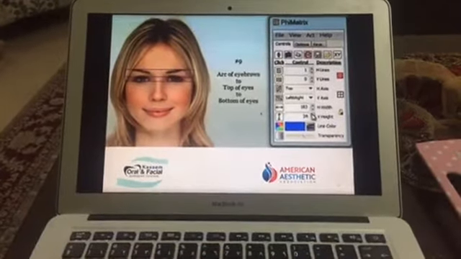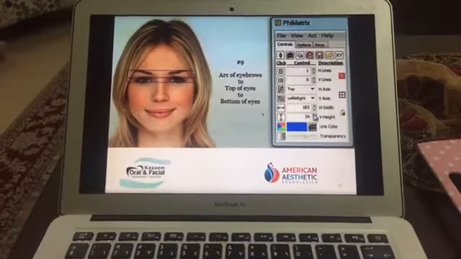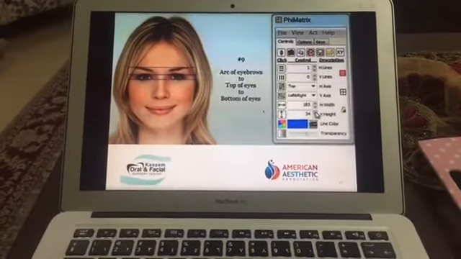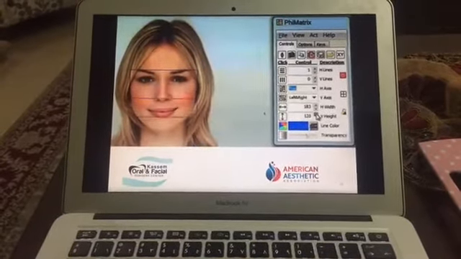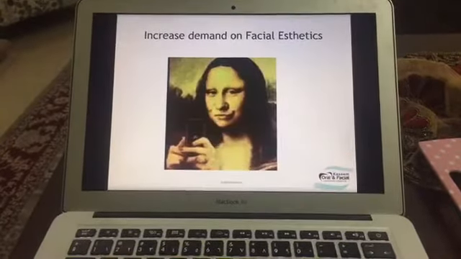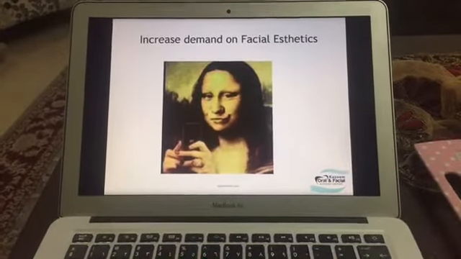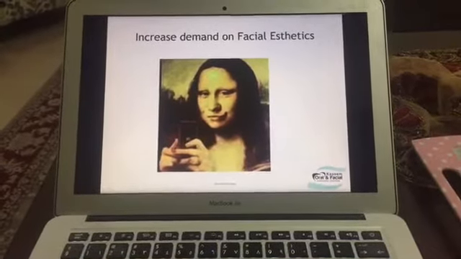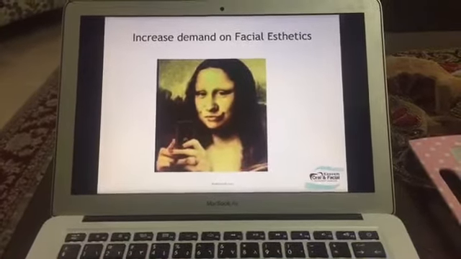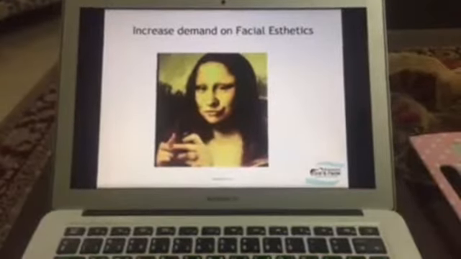The total facial height is very crucial, especially the facial thirds, and the eye size. It's very important and gives us important indicators for the beauty of the face. Now there is an increase of facial aesthetics. Why? Because we have social media and everybody has smartphones. So a lot of our patients ask for facial aesthetics and for dental aesthetics, and they have become more